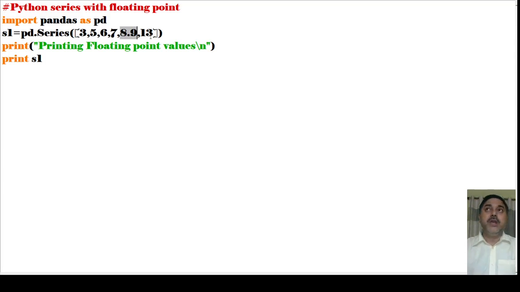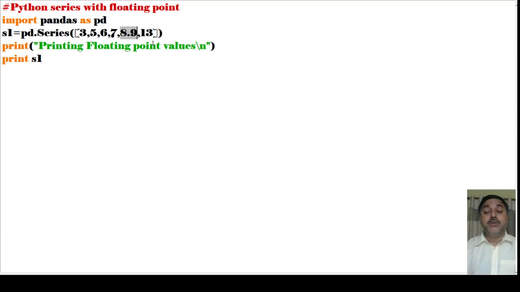When I give a decimal point in one particular value, what will it do? It will look at what the other values are, and it will convert the complete thing into one particular format, that is, a decimal number format.